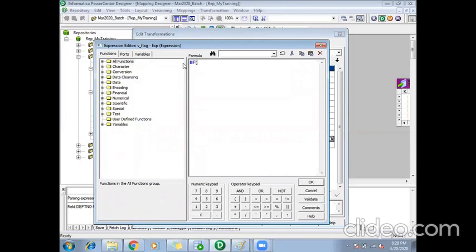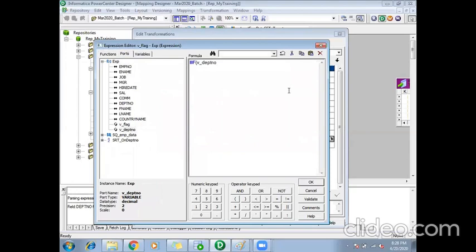I'll say if v department number equals department number, that is, if the current record department number equals the previously processed record department number, if they are same, I'll assign some value, say same department number, to this v flag.